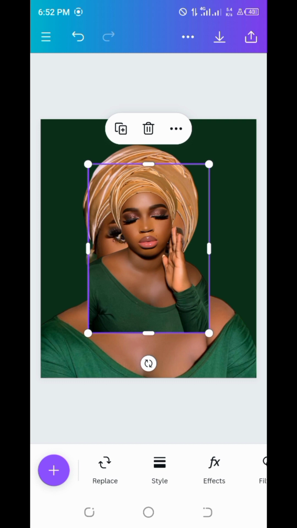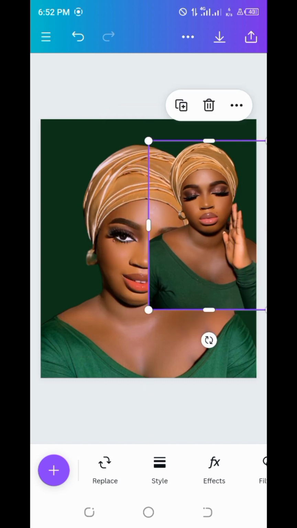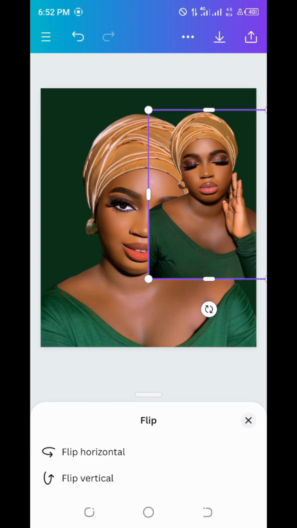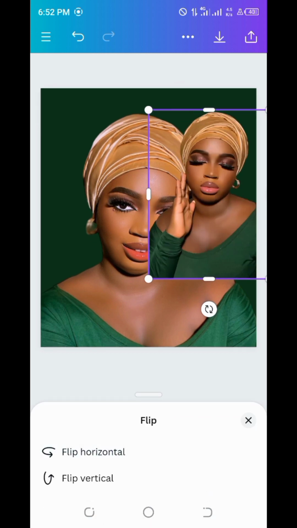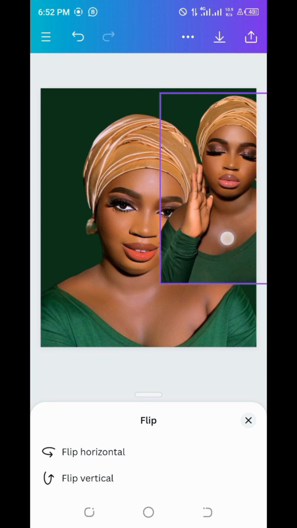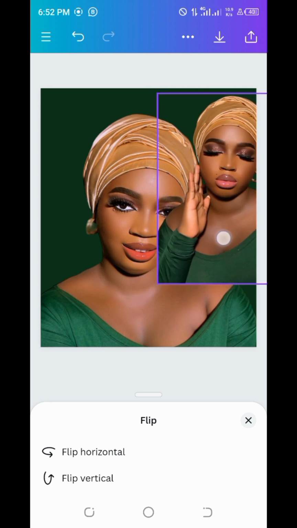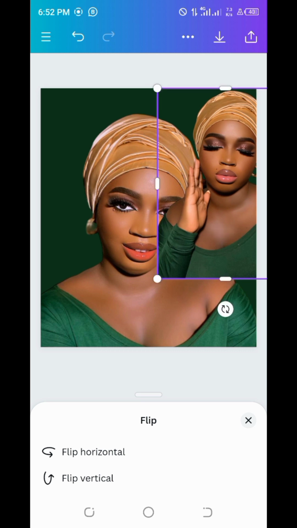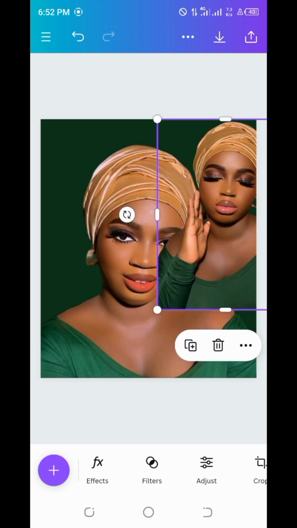Okay, now I want to flip it the other way around. So I will go to flip, then I will flip it horizontal. You can see that, right? Now position it around here, increase the size a bit, and then I'll position it around here. Then I'll move it to back. I'll move it backward. So I'll go to position and move it backward